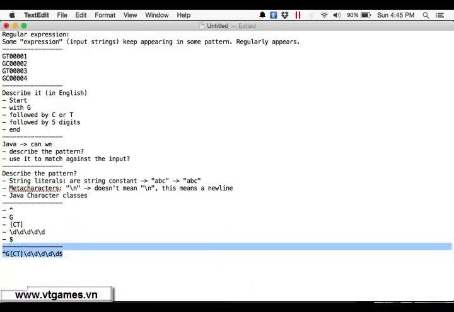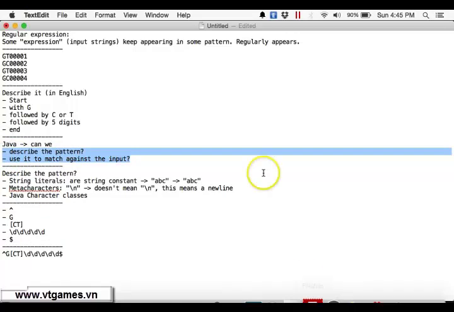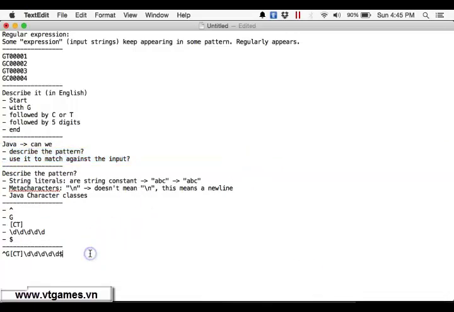So now you're going to learn how we can use Java. That one is how to describe the pattern. Then you're going to use it to match against the input. So you're going to have several Java classes in order to match against that input. The first class, which is